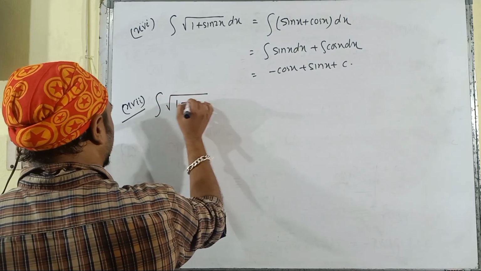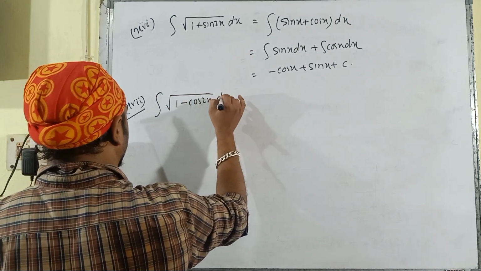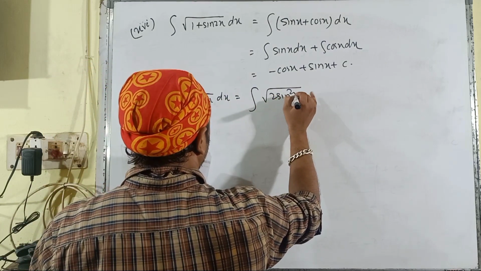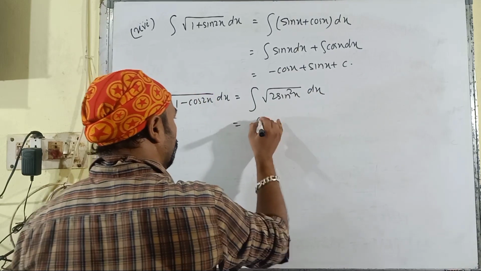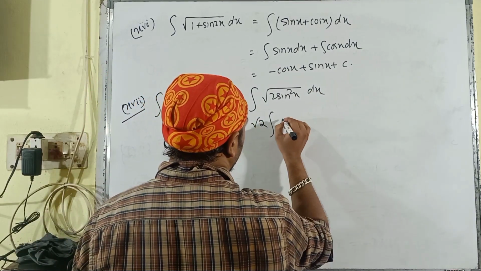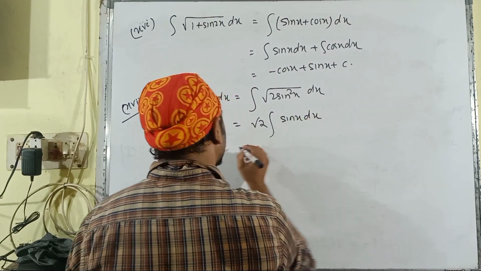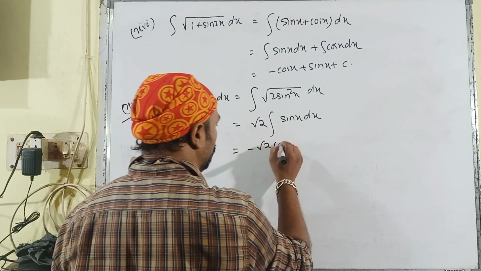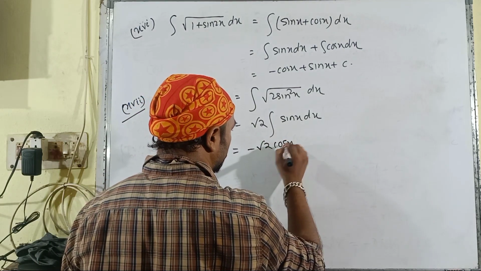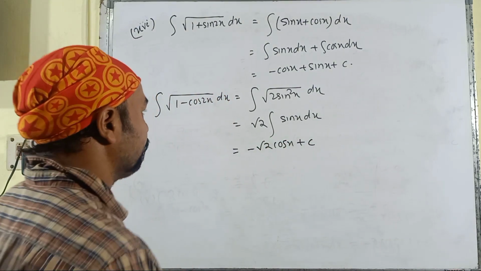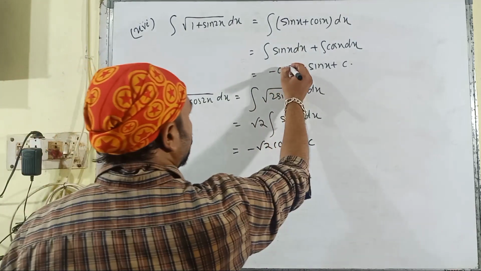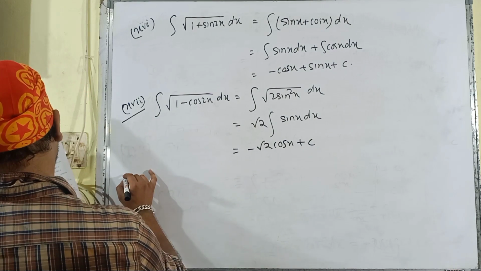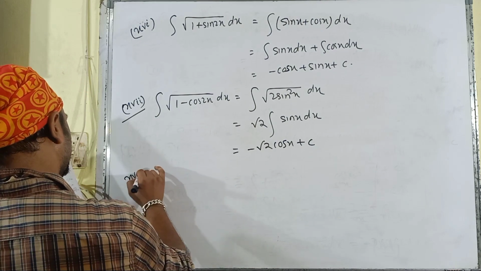integral of square root of 1 minus cos 2x dx. It is integral of square root of 2 sin square x dx. So it will be root 2 multiplied with integral of sin x dx. Integral of sin x, it is minus cos x, so it will be minus root 2 cos x plus any constant c. Then moving to the 18th bit,